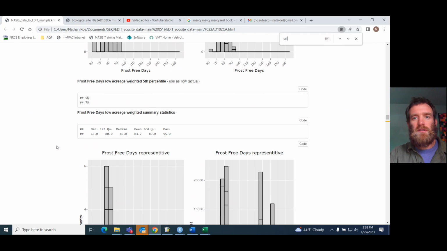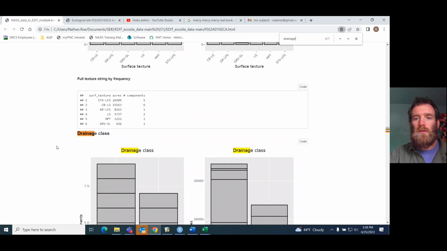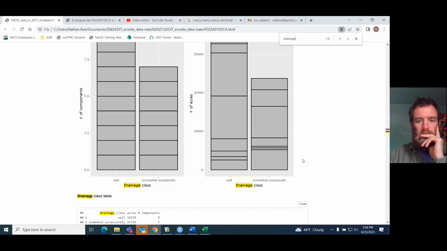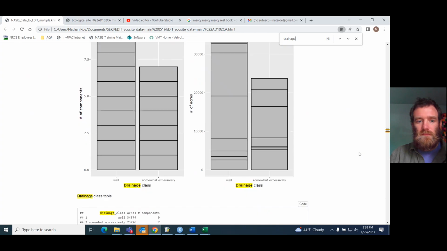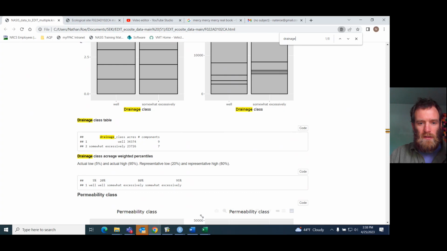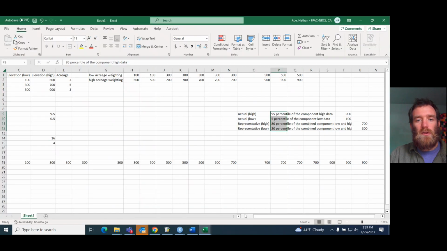Let's look at drainage class. I'll just jump down to one of these. Okay, so here's drainage class. So we see drainage class here of well and somewhat excessively. And you'll notice that values are still populated. They're still recommended values for the low actual and the high actual and the representative high and low. And so I just want to clarify how those are calculated. So for these types of categorical variables,